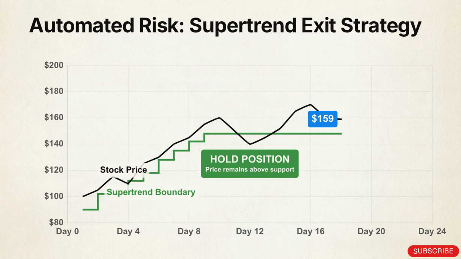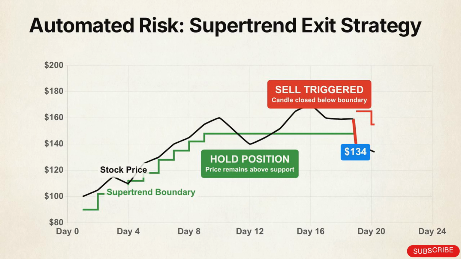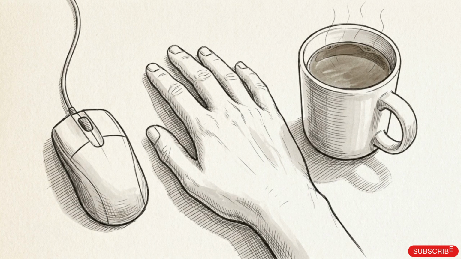Your exit is triggered only when a daily price candle drops and fully closes below that green line. When that happens, the trade is over, and you sell. Because the Supertrend line rises behind the stock, it functions as an automated trailing stop loss, continually locking in a higher floor for your profit margins. Following this single visual cue forces you to execute disciplined exits, effectively eliminating the urge to panic sell during minor pullbacks.